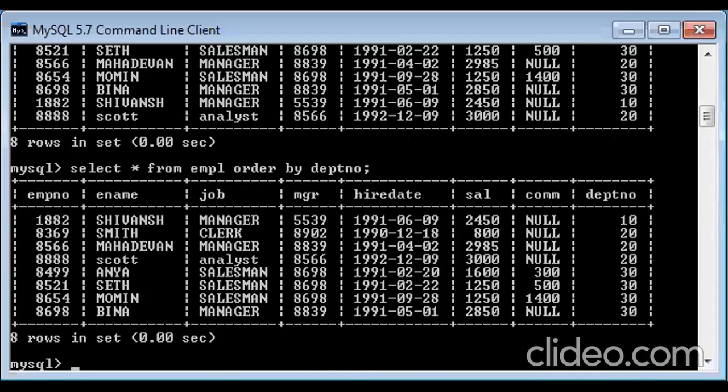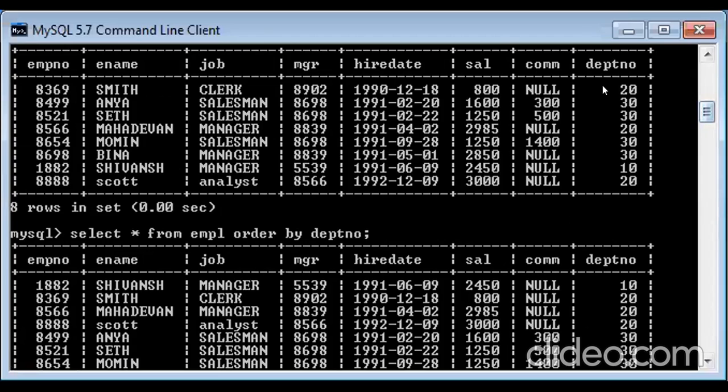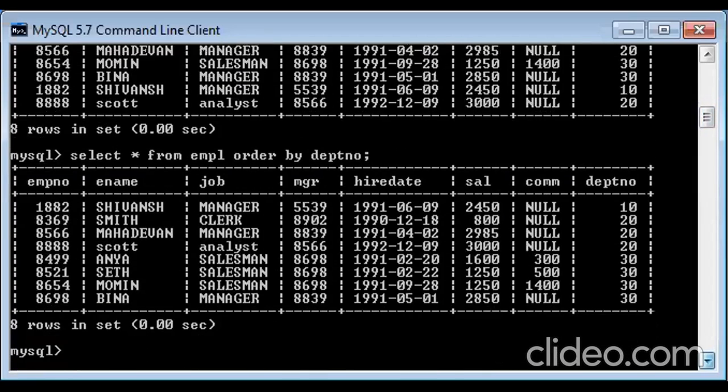Ma'am, I have a doubt. Tell me. Ma'am, here department number like 30 is for 4 members. So everyone will be the same. So how will it further sort it? Like whose entry will it write first and whose later? It is in ascending order, no? So for 20, the one which comes first will be the first one. If you look at 20, the first one is clerk. So first entry will be clerk. Second is manager. So second entry will be manager. If the number is the same, it will just see who has come first. Meaning it sorts line by line? Yes. Okay.